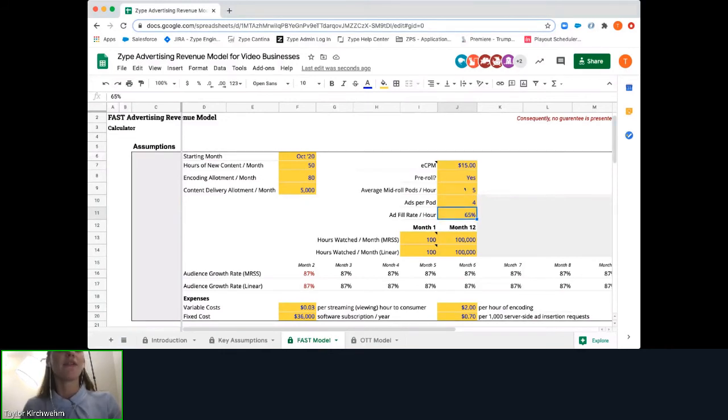So my ad fill rate here, I am going to set at 80%. Again, for the free ad-supported, I'm probably going to let the programmatic take place on these. I may not be doing any direct ad sales, so my fill rate may be at 80%. Again, it's a pretty conservative fill rate for this